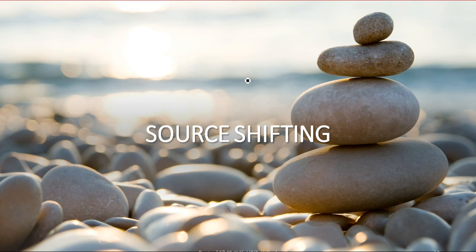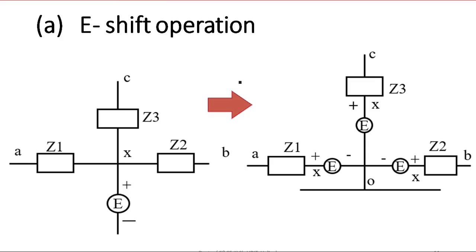So next we will look into the source shifting method. So the earlier method is source transformation. Now we have the source shifting. So when do we take source shifting here? Source shifting we consider whenever we find that source transformation is not possible from our end. So we can take source shifting. Okay. So now if you consider this circuit here, for example.